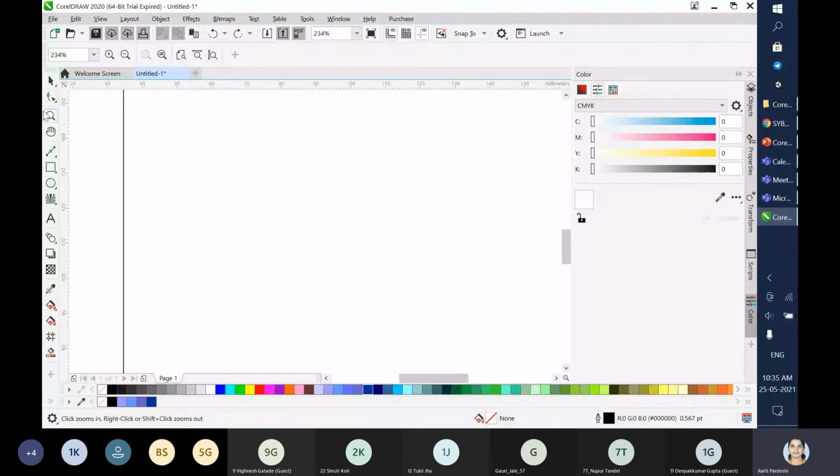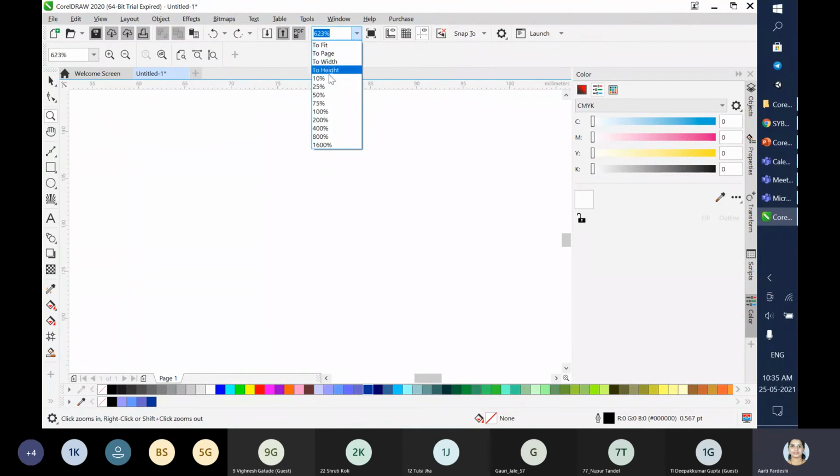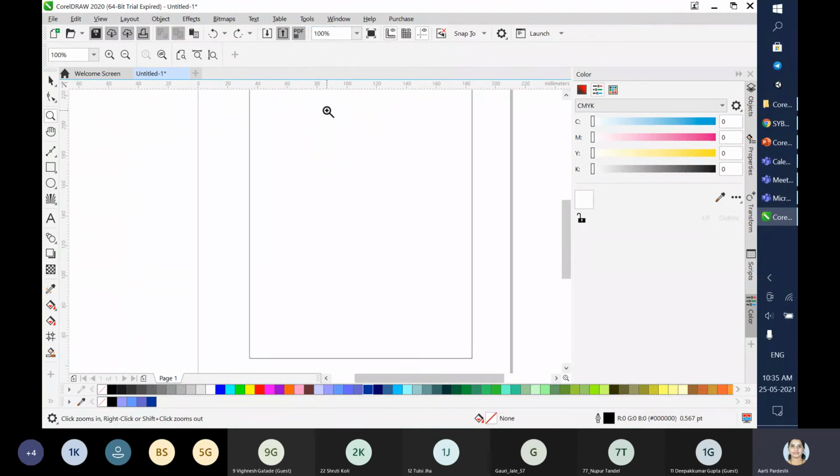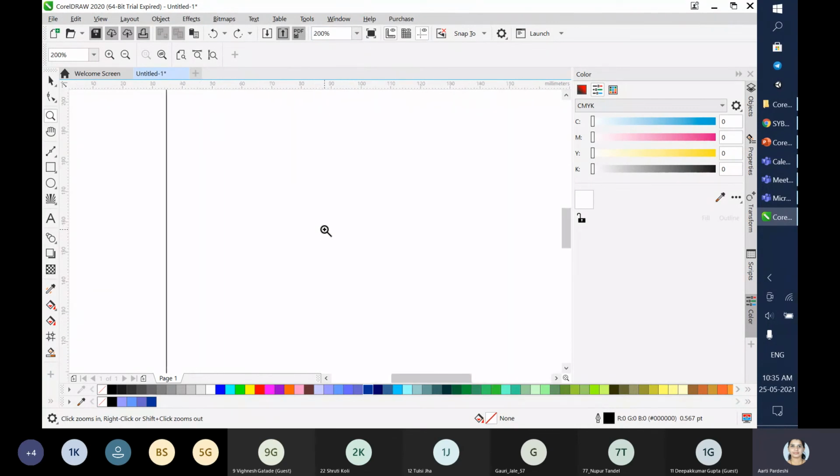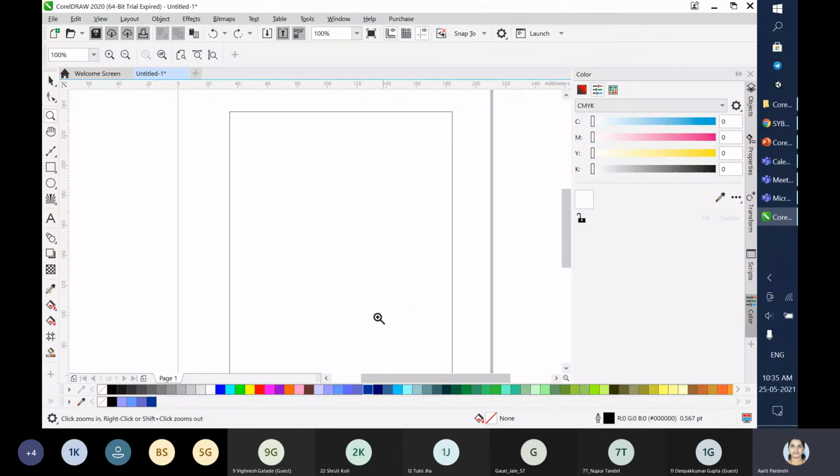What we are going to do now, instead of this much, we'll keep it at 100%. Okay, so now we are able to see here is one rectangle. Oh, I have zoomed it again. So this is a rectangle which we have drawn right now, and I want to show you that contour part, how you can do it.